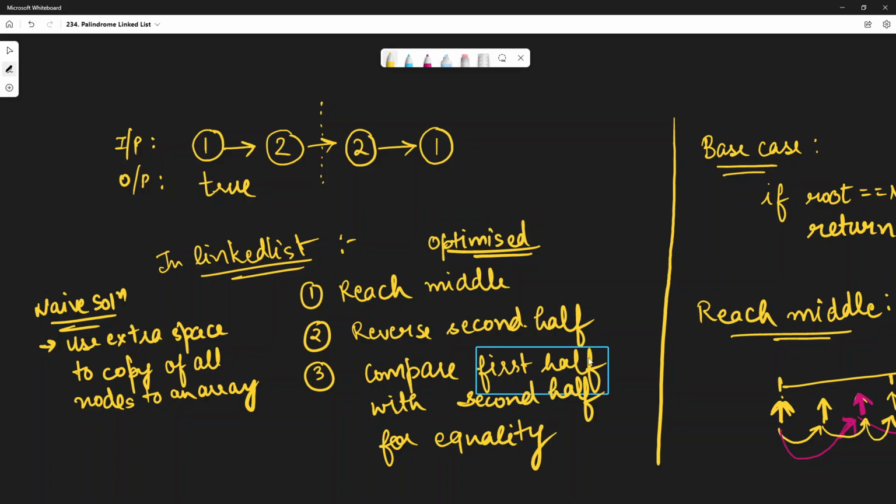And this is the optimized one. At first, these are the steps which we will be doing for making a solution optimized using order of 1 extra space only. So first thing is